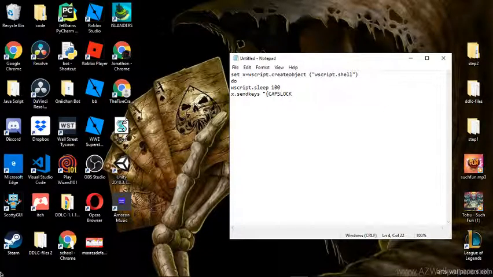caps lock, x dot SendKeys NUMLOCK, then x dot SendKeys "I am a virus", then x dot